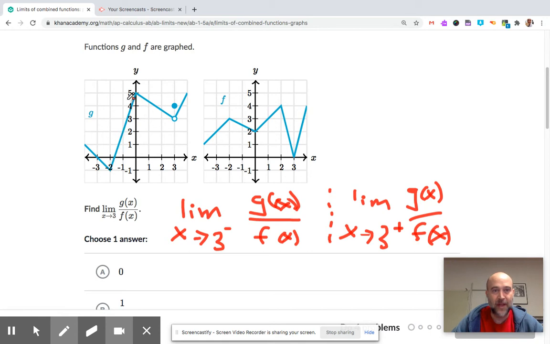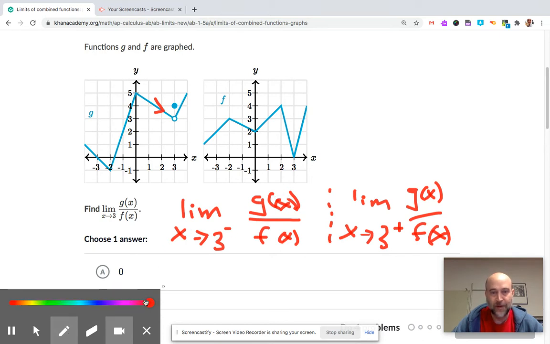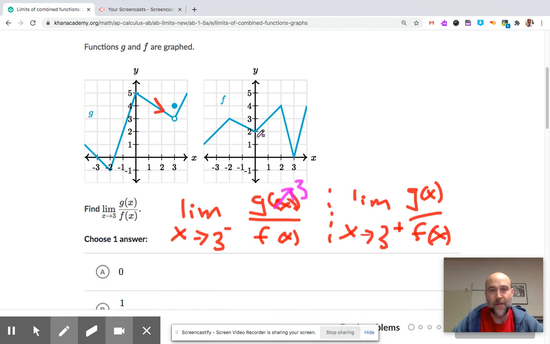The limit from the left, that's this direction, for g of x. Going towards 3 from the negative side, the output is 3. So that goes to 3. From the left on the f function at 3, here's 3 going from the left. Output of 0. We got a 0 on the bottom. Okay, so we can just go through the process, but 0 on the bottom is going to throw it off